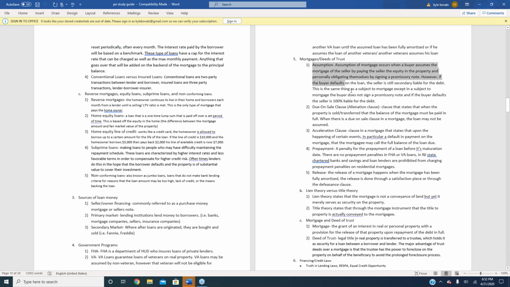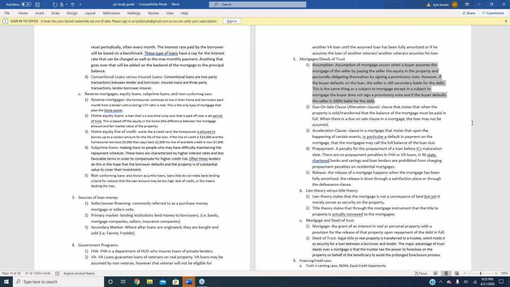So again, more on mortgages here. The assumption of a mortgage, right? So when you assume a loan, what you're basically doing is, let's say, for example, the seller wants to sell for 500 and they have a loan on the property for 400. If you're going to assume that loan, the first step is, as the buyer, you pay the seller the equity in the property, which is 100 grand in that case. If it's worth 500, they owe 400, they have 100 grand in equity. You pay the seller the 100 grand in equity in the home, and then you take over the loan